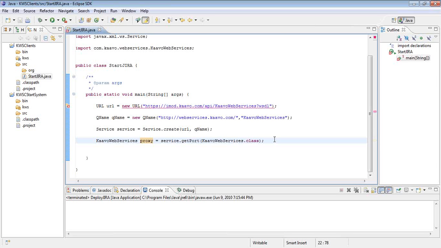Question for you. You have already created the web service client stubs for this web service? Yeah, I have already created them, but I will demonstrate how to do it as well.